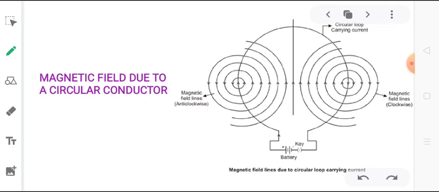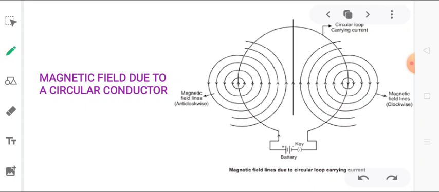So just like we had used the right hand thumb rule to determine the field direction in case of a straight current carrying conductor, similarly in case of a wire loop we are again employing the same rule. Now one little confusion that might arise in your mind is that as we are moving towards the center of the loop, the field lines are becoming straight, as it is shown in the picture. It is a straight line in the center.